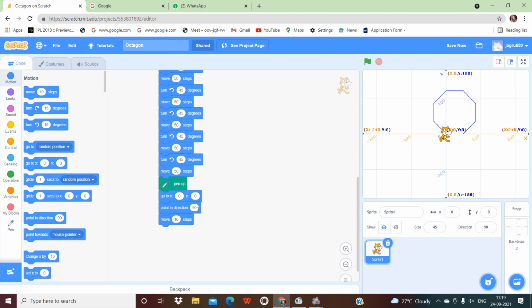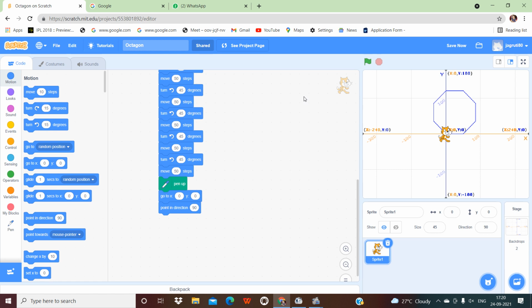If we change the point in direction, you can see here, now this is 90 degrees. If we change it, the sprite will move. See the direction of the sprite, it will move like this. So if we have the pen down, it will draw the line from here. Understood? So it is always in a 90 degree position. We can give 10 steps if you want, otherwise no need. No need to give an extra move to the sprite, so it will remain in the center.